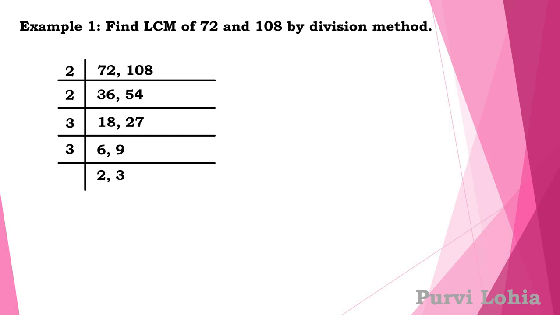Now in the last we see that we have both the prime factors here. So no need to factorize it further. No need to divide it any further, if we get all the prime factors in the end. Okay. So now we will take all the numbers on the left side and below, and we'll write it as LCM is equal to 2 into 2 into 2